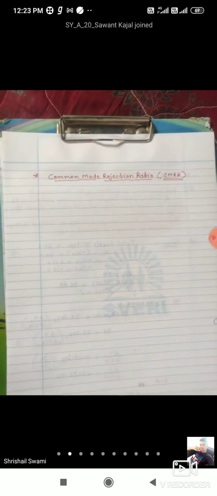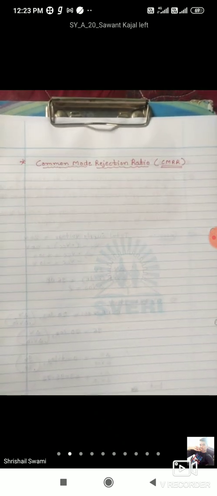When the two inputs V1 and V2 are both the same, at that time some common mode signal exists. Due to this common mode signal the output will come. So that output is called what? Common mode signal output. If the common mode signal at the input is nearly 0, then the output is also 0 volt. That is the requirement of an ideal op amp. But practical op amp ला तसं होत नाही. For a practical op amp, some common mode signal will exist at the input terminal, due to which we are getting some output voltage. So that's why the common mode rejection ratio gets reduced.